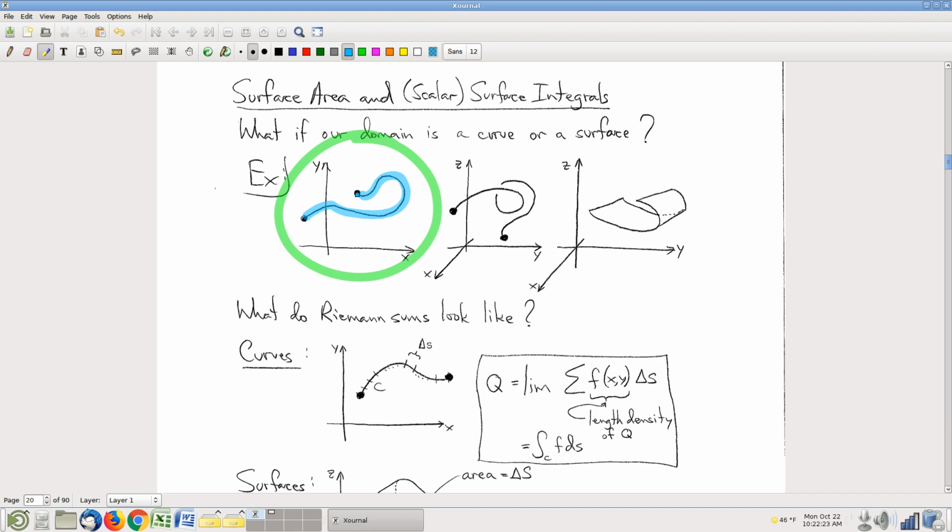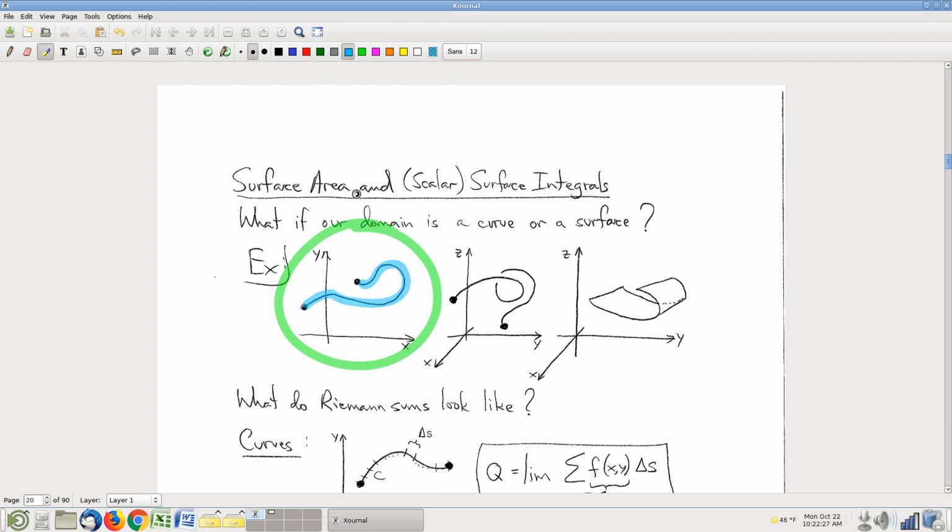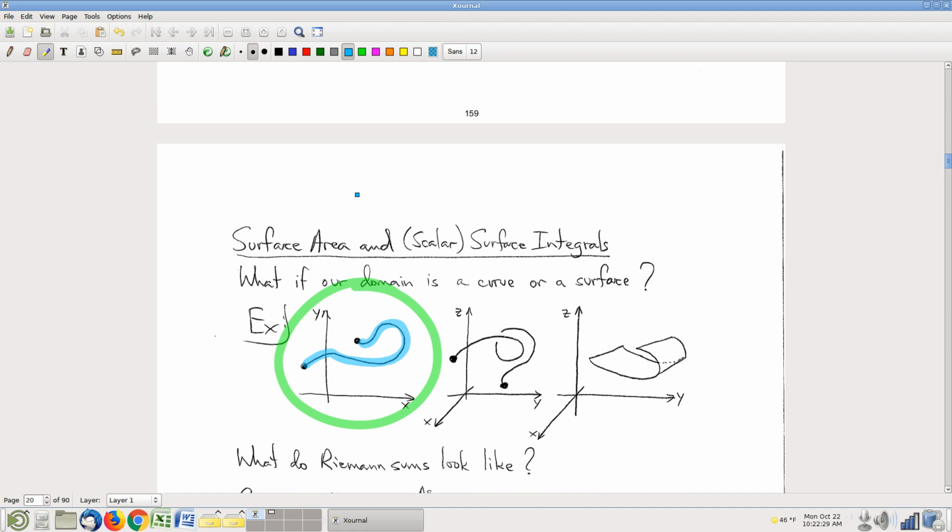Right, so what if I wanted to do an integral on that domain? And by the way, why would I want to do an integral on a domain like this? Maybe to compute its mass, maybe to compute who knows what it might be, accumulating over that domain. Might I want to do a chop it up, add it up approach to some question on that domain? Well, sure, of course I might. Again, the obvious one is mass. If I wanted to compute the mass of something that was bent and twisted around in the plane like